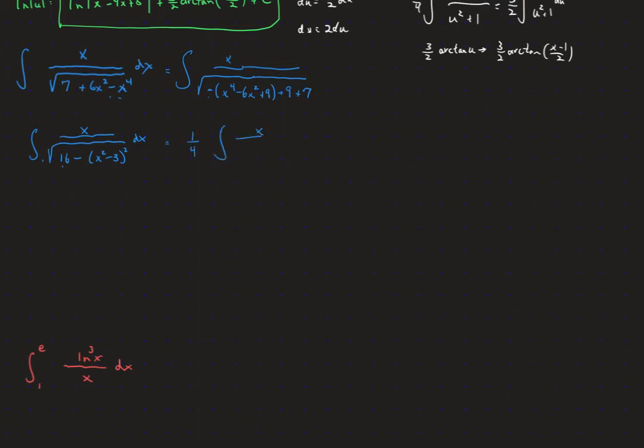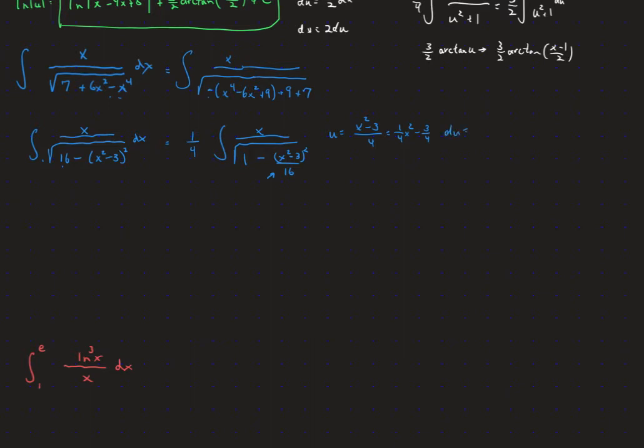I don't know if you see where we're going yet. This is now going to be the square root of 1 minus (x squared minus 3) squared over 16. This is going to be our u squared, which means u is going to be (x squared minus 3) over 4. And in your head anyway, you can see that as 1/4 x squared minus 3/4, which means that du,